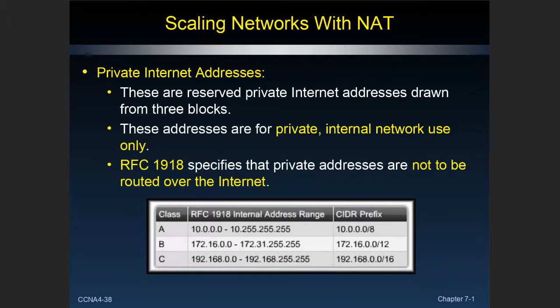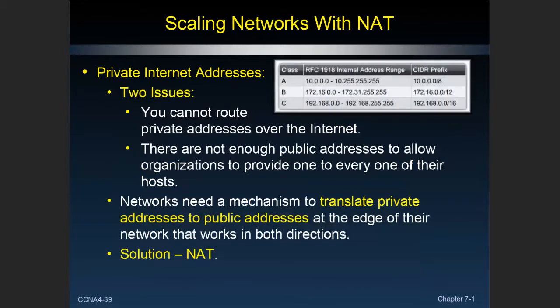And then the Class C range. What we used to call Class C was a small range of addresses, only good for about 250 addresses, typically used by all residences and smaller businesses. So what we're going to do is set up our company with one of these Class A, B, or C private inside addressing schemes. Like at home, you're going to be 192.168.1.1 or something like that. And then your home router will translate that to an outside address.